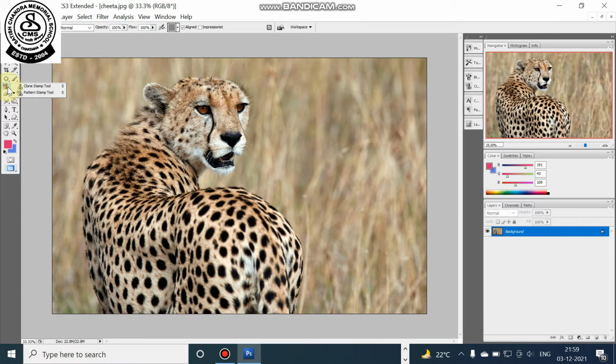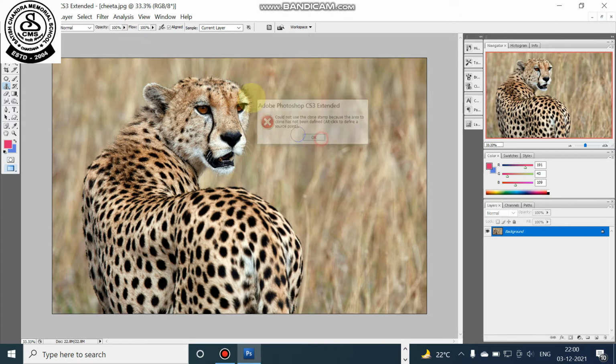First we will learn how to use the clone stamp tool. If you click on it, the brush size will come. You can increase the diameter of the brush. Suppose we have increased it to 174 pixels.